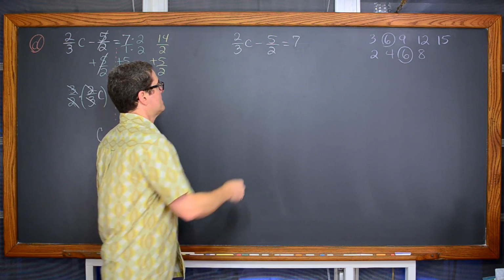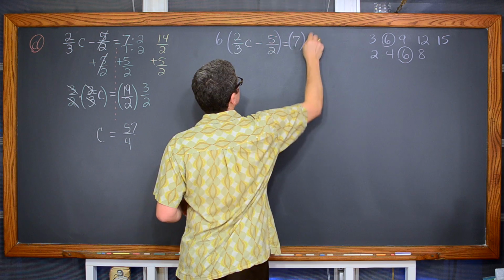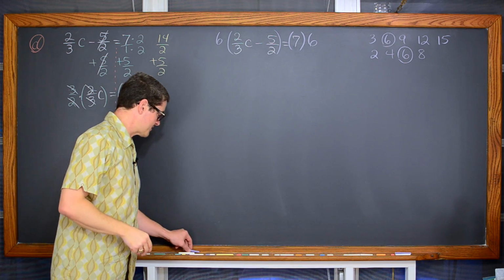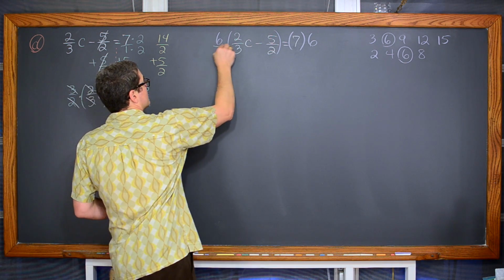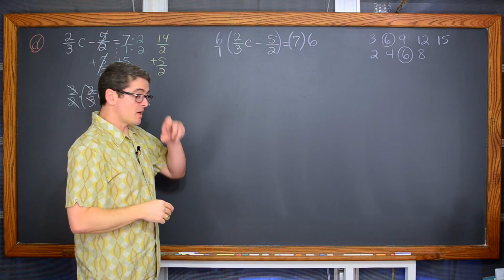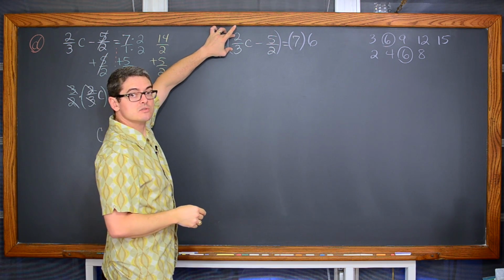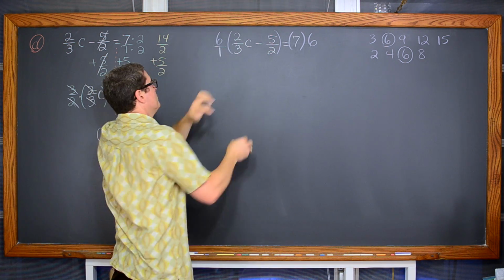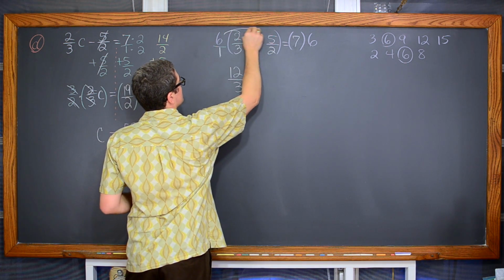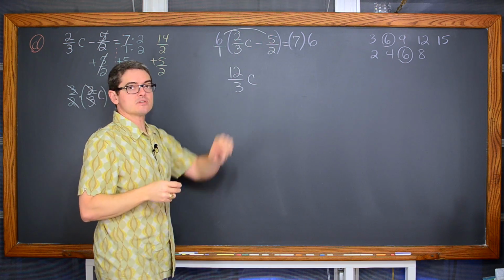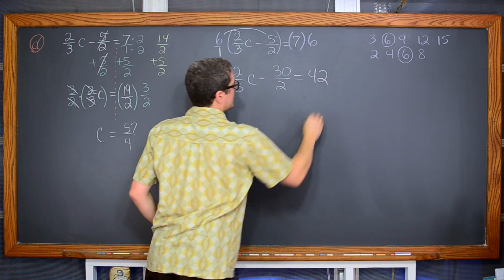If I multiply that to both sides of the equation, again, you can do almost anything you want to both sides of an equation as long as you do it once to each side. On the left, I'm going to line up the numerators and denominators, so I'm going to write that as 6 over 1. We have 6 over 1 times 2 over 3c. Well, 6 times 2 is 12 over 3c. And then distributing to the second term, we have 6 times 5 is 30 over 2. And that's equal to 42.